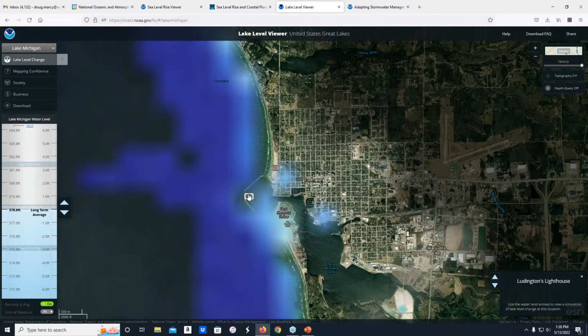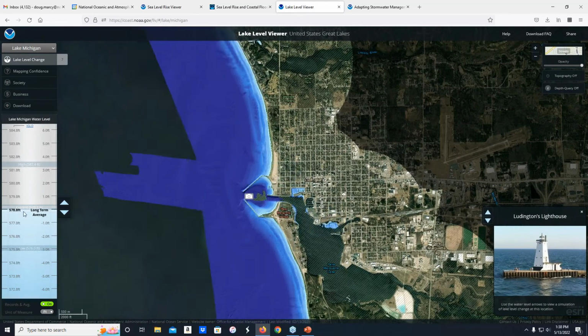That tells you that right now the current water level is 579 feet. You can see the high was 582 and the low was 5. That shows you the variation in water levels.